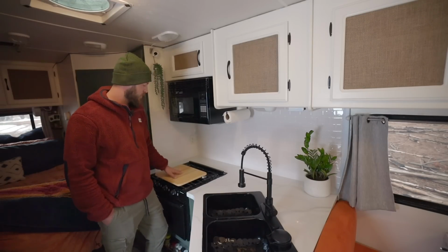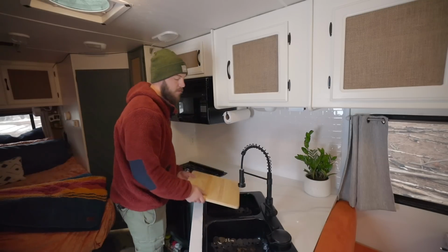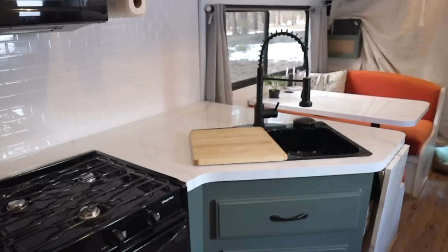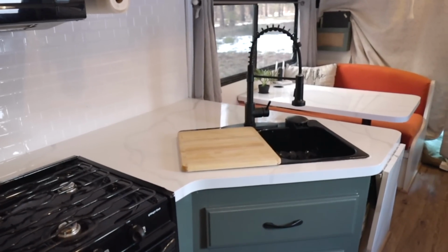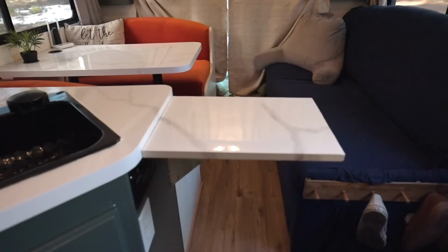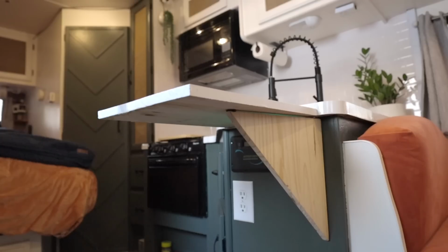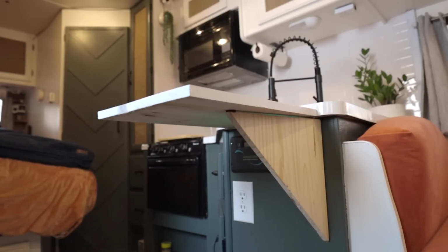So in the RV, having extra counter space is really important for us. And so we have this cutting board that can either be set on the stove. It also locks into place on the sink. And so we can have that additional cutting area, which is really nice. We also included this drop-down counter extension that's been really nice for prepping sandwiches. We typically have Cameo on one side getting the food out, and then I'll be on the other side putting